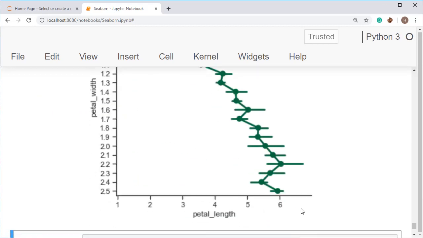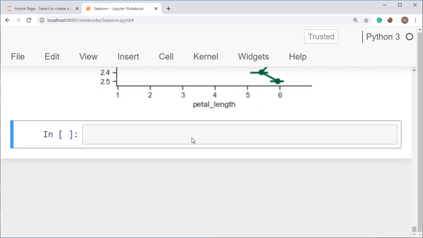Facet grid forms a matrix of panels. Actually, Panel was a data structure in pandas which has been removed from the library, and now it is not available in the latest library. So that was a panel, and it works on the panel variable, and it is defined by row and column.